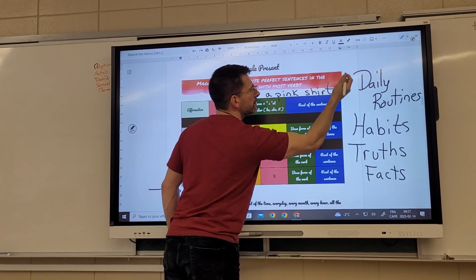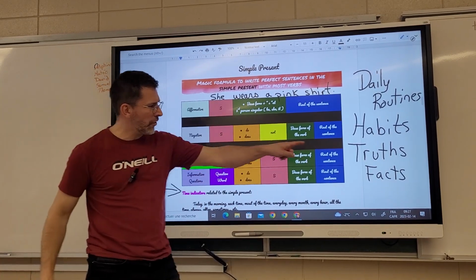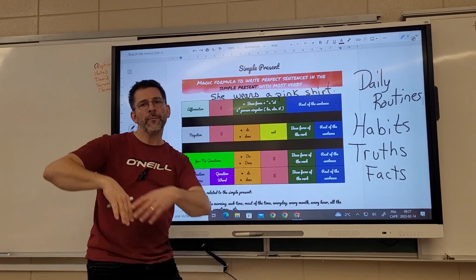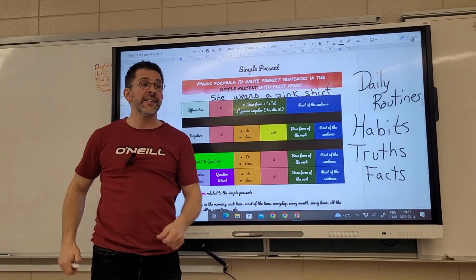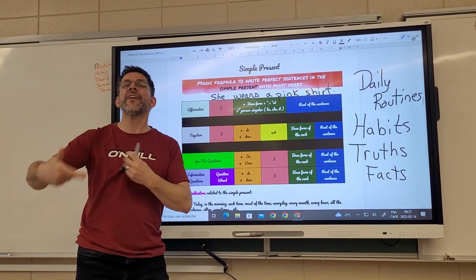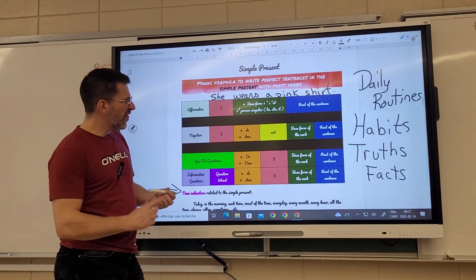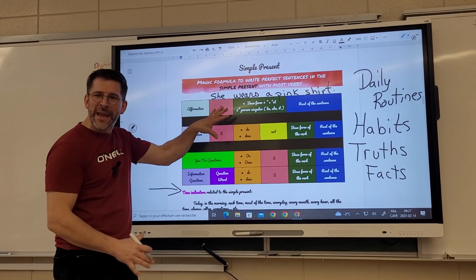Shirt, no S. So she wears a pink shirt is a truth if I'm looking at a girl that is wearing a pink shirt. So she wears a pink shirt on Valentine's Day. So this would be simple present. The rest of the paper here